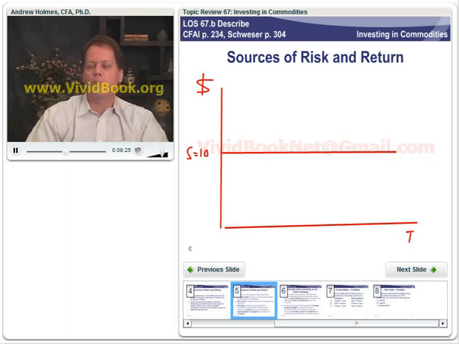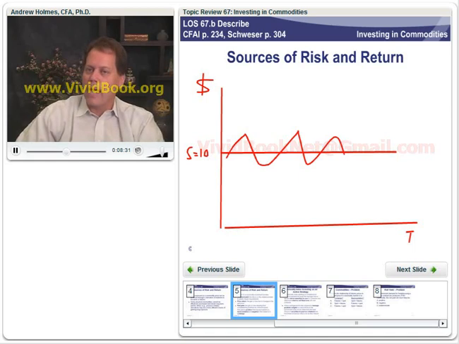So we know the spot prices aren't constant, right? So a spot price could go something like this. So we know that could happen. That portion of it is what we refer to as price return. Here we're talking about roll yield. So if we're looking at the normal market, and we're assuming the spot price is constant through time so